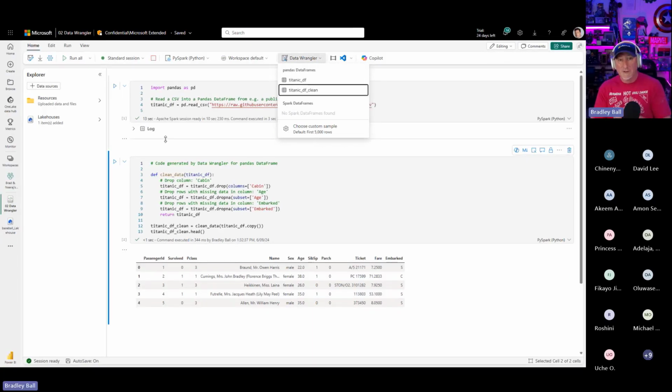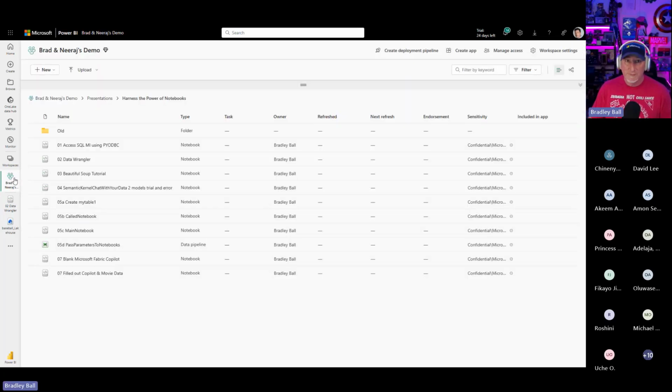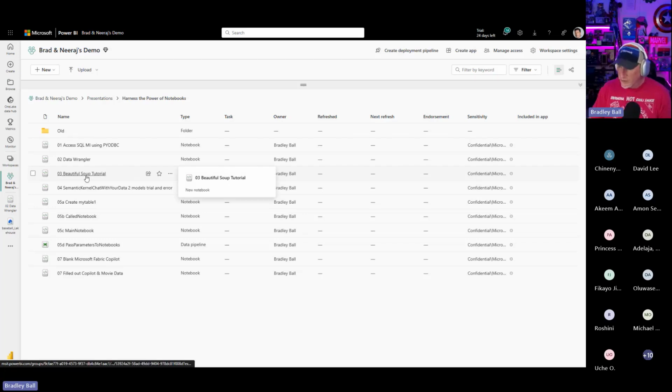All right, so what we covered, right? First up, we covered that we could download data with PyODBC, import it into a notebook, write it to our lakehouse, and utilize it in multiple different ways, including on T-SQL. Now we've got Data Wrangler. We've been able to import data, downloading from a URL. And then we've been able to manipulate it with a visual WYSIWYG tool to help us write Python code. So let's do another one.